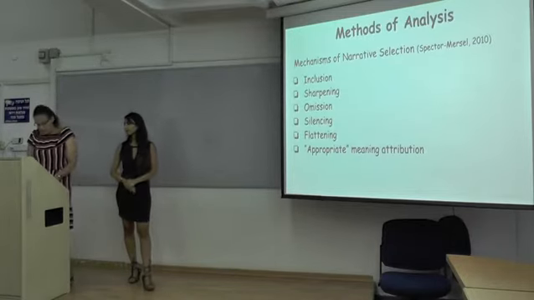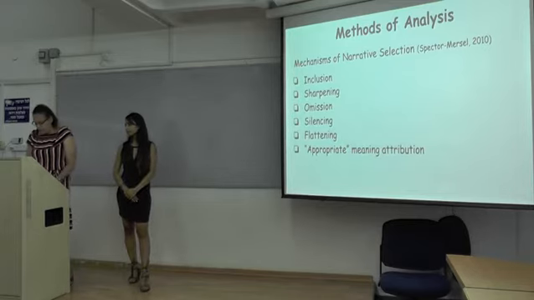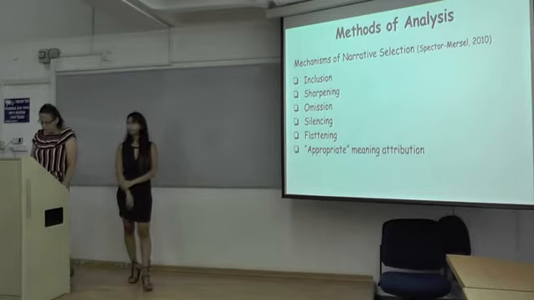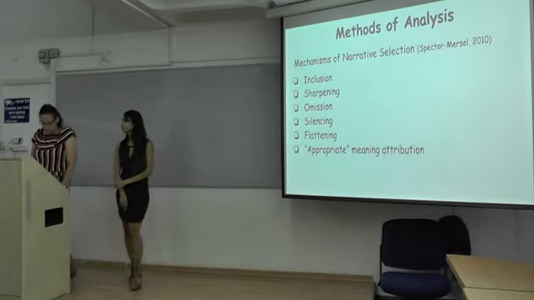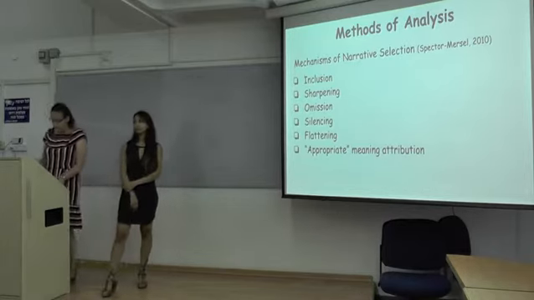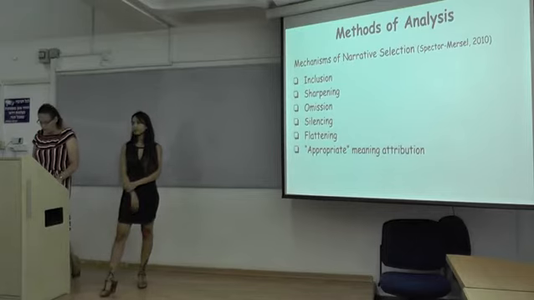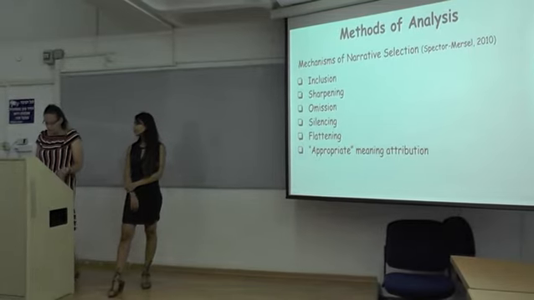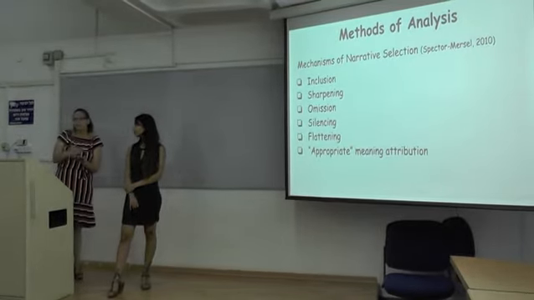Okay, regarding method of analysis, we learned some useful tools to help us produce our assumptions of analyzing during the course. The first one is inclusion. Inclusion refers to representing facts, events, and periods from the teller's life history that are compatible with the story endpoint. Like every story we tell has an endpoint. We want to tell something. We want to get to the endpoint of a story when we say something. We don't usually talk for no reason.